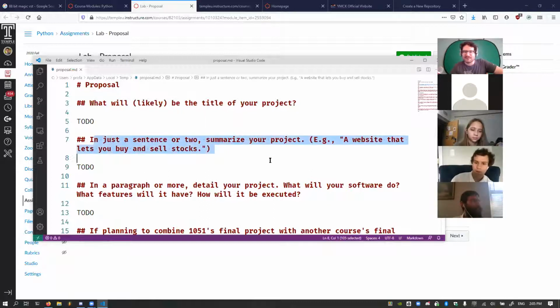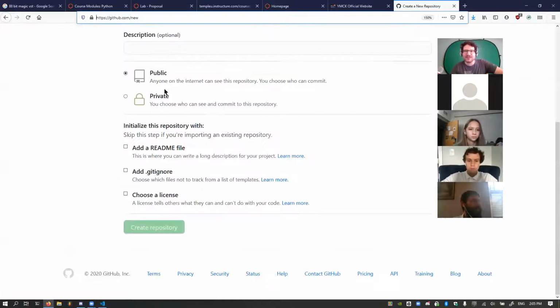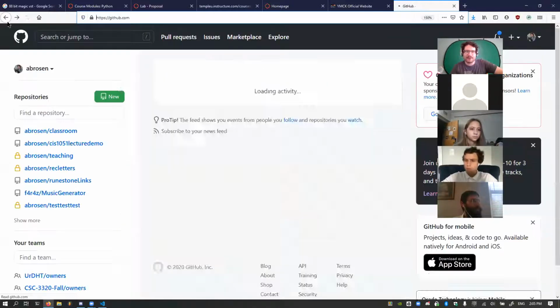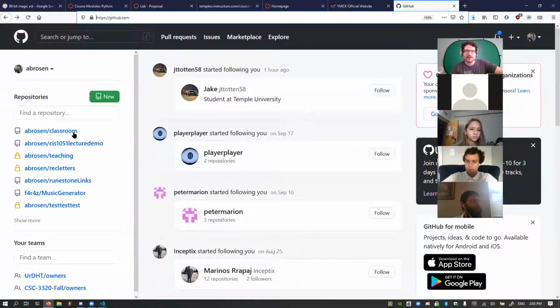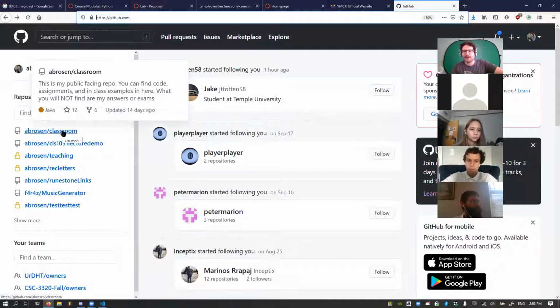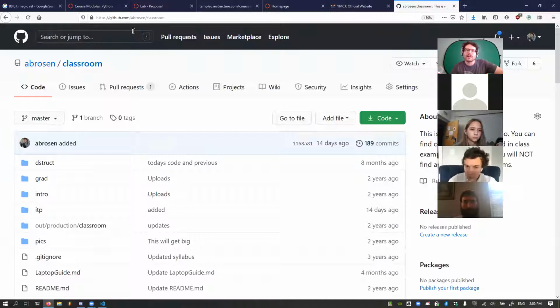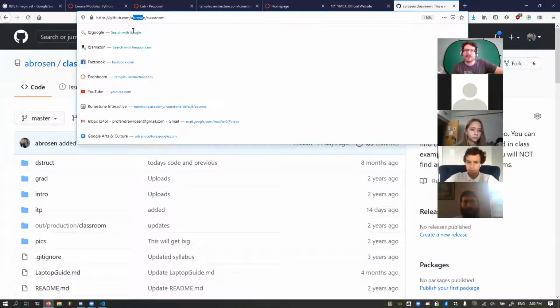In just a sentence or two, summarize your project. A repository name is essentially the URL. Going back to answer a question, over here I host all the code I write in my classroom repository, github.com/my username account and then the repo name. That's what the repository name is.